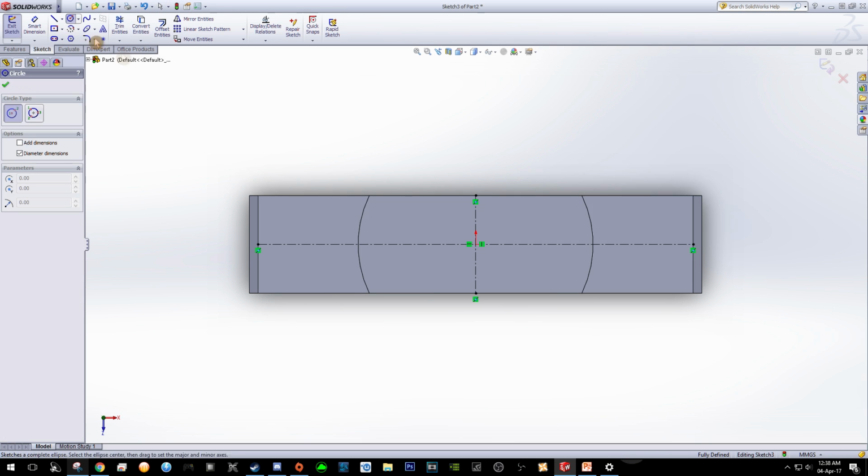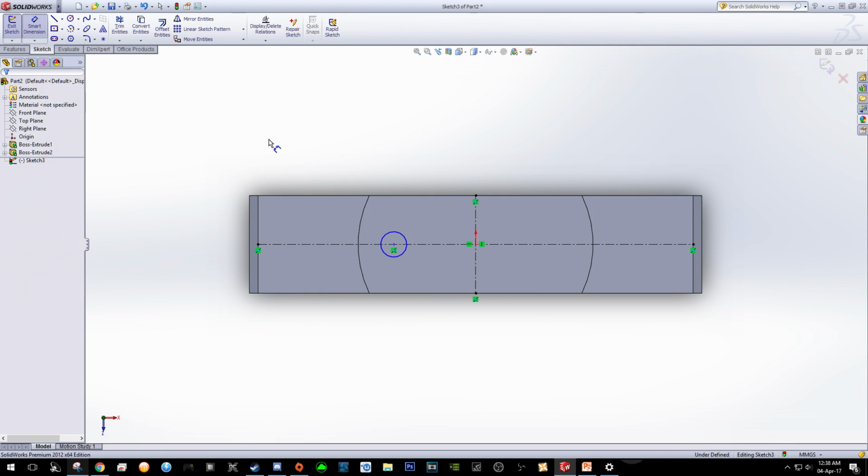Select this circle, and make sure that when you try to draw the circle, this horizontal dotted line is in orange color, indicating that the first click is on this dotted line. Just click anywhere you want for now, and then change the radius to 6. Press enter. And then we want to change the distance from the origin of the circle to